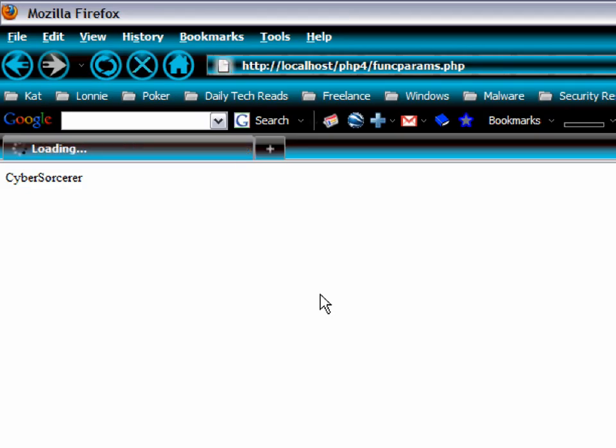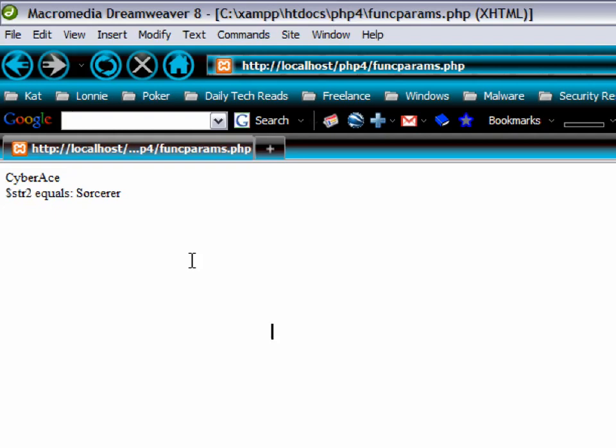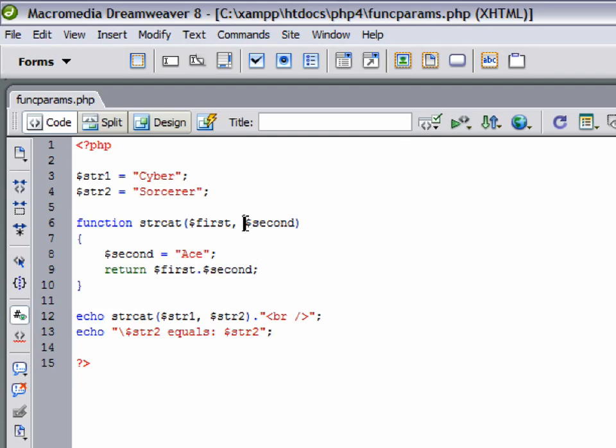Now go back here, and we can see that it changed the ace in here inside our function, but string 2 is still equal to Sorcerer. It hasn't done anything with that. But now